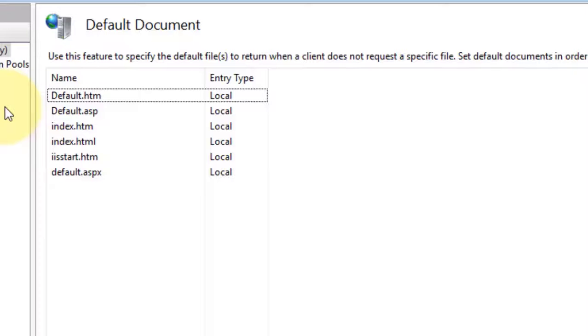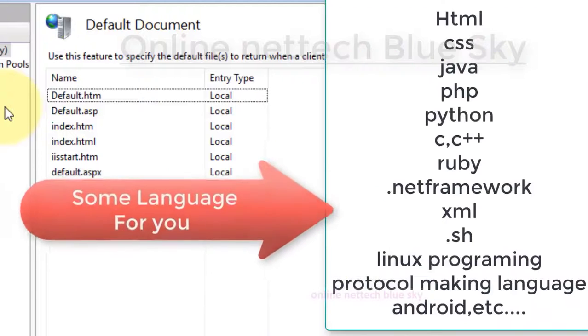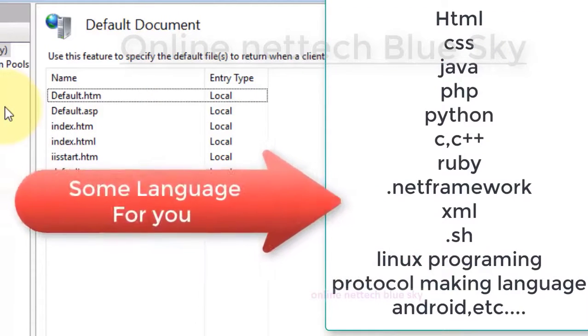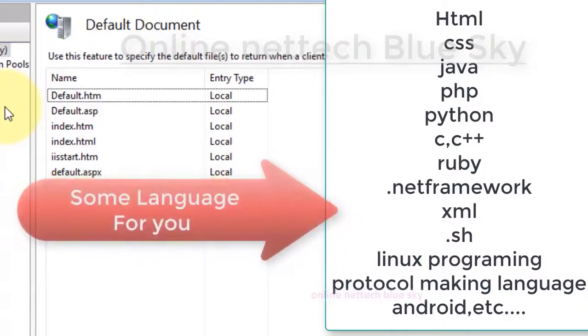I will show you manually how we can create websites, how we can use a web server, and how we can start a web server. I will discuss that in the server series.